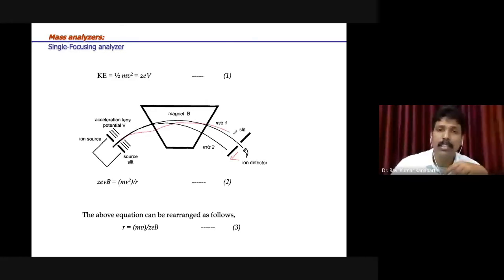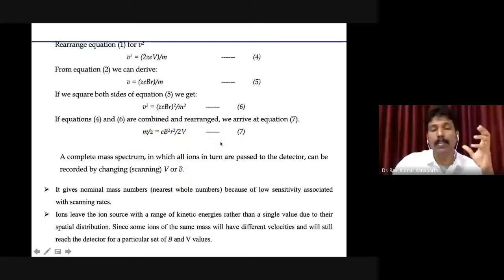The outer arc radius is much higher, right? The center is somewhere here; I'm just giving a hypothetical one. So this radius is higher and this one is smaller. In scanning, what people do is move the detector from one place to another, so as to record all the fragmented ions. That is the general principle of the single focusing analyzer.